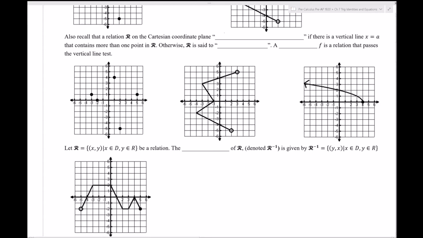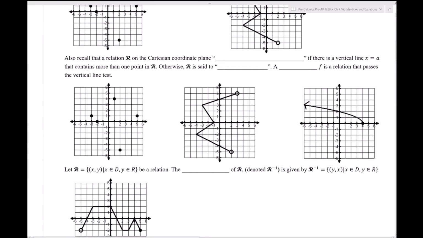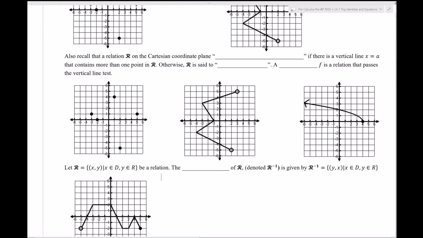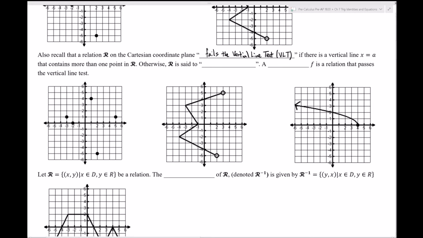So we'll go ahead and say a relation either passes or fails that vertical line test. We'll define what it means to fail the vertical line test. So a relation R fails the vertical line test, which we normally abbreviate, if I wanted to be lazy, VLT for short. So I write VLT, it stands for vertical line test. So a relation on the coordinate plane fails the vertical line test if there's a vertical line that we can draw that contains more than one point